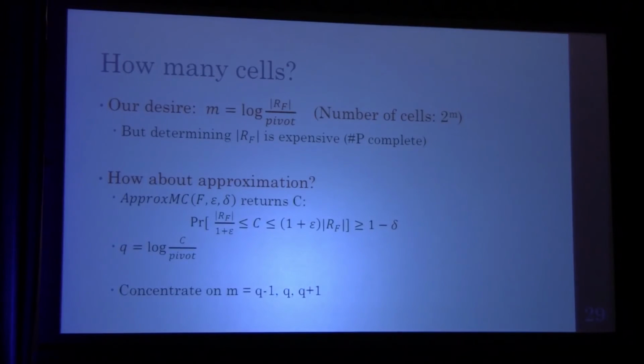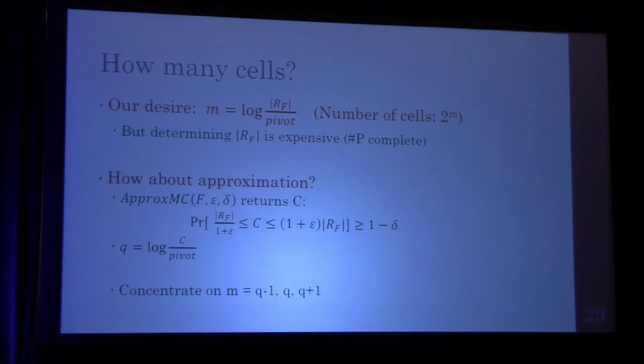How many cells? If we go by the same logic, we want the right number of cells. If RF is the total number of solutions and pivot is the number of solutions we want in almost every cell, the right number of cells is 2 raised to n equals RF over pivot. So n is log of RF by pivot. Again, we cannot compute the exact count, but if we have an approximation,